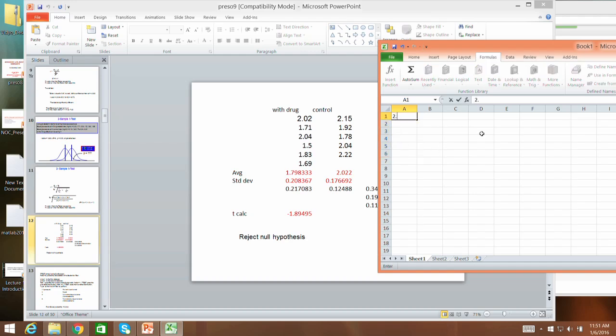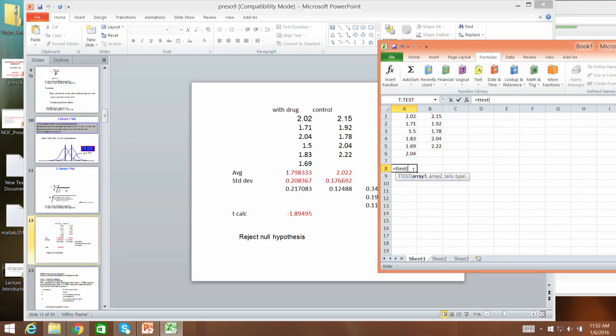So we enter 2.02, 1.71, 2.04, 1.5, 1.83, 1.69, then here 1.71, 2.04, then 2.15, 1.92, 1.78, 2.04, 2.22. So we use the same command